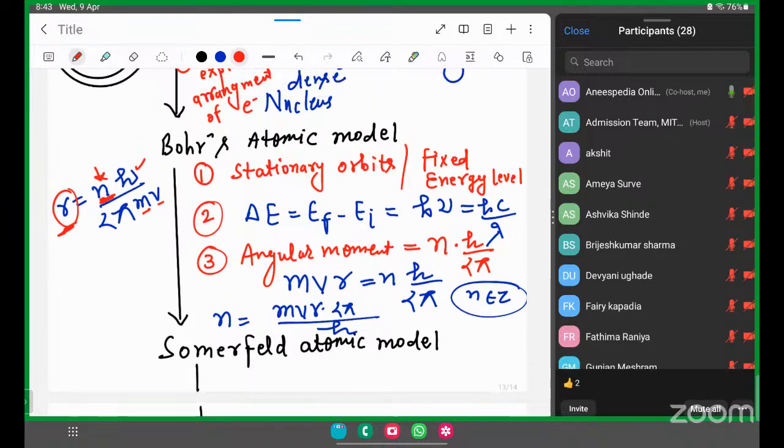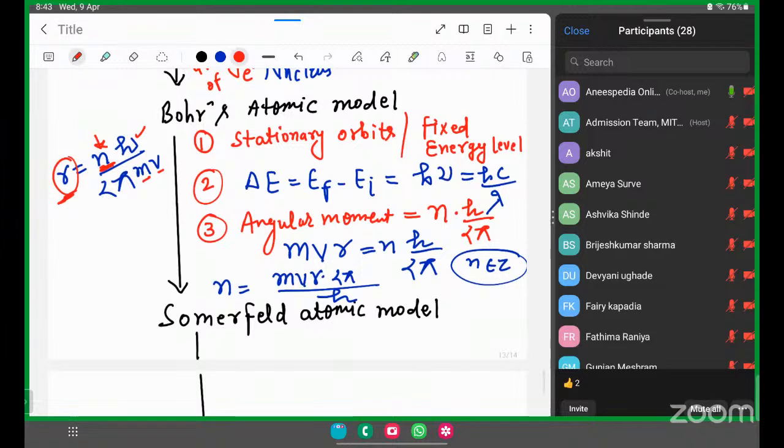Now there are again certain drawbacks in Bohr's atomic model also. And the drawbacks in Bohr's atomic model are, first one, this atomic model cannot explain splitting in hydrogen spectrum, or in other words, we call it the Zeeman effect and Stark effect. So Bohr's atomic model cannot explain